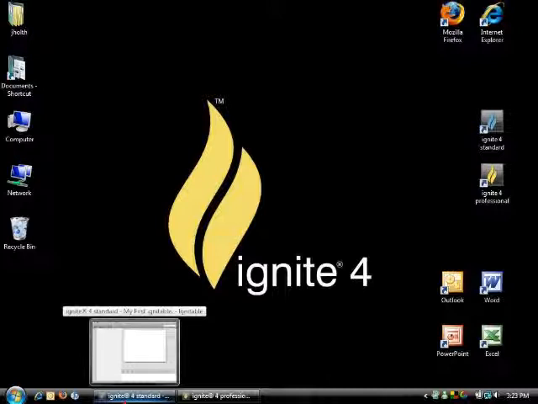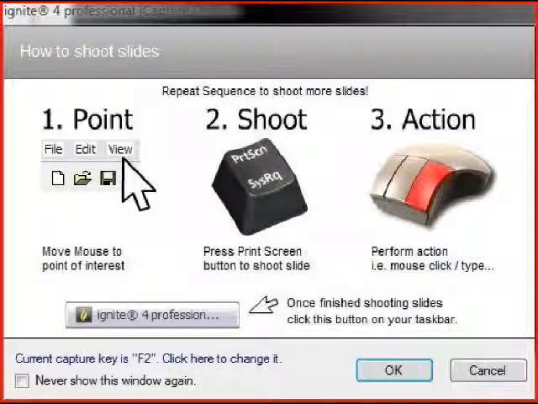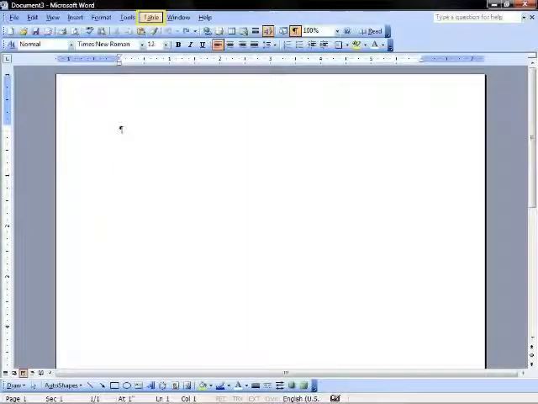Ignite 4 Standard will now minimize to your Windows taskbar. You are now in Shoot Slides mode. Now, just point, shoot, action. Keep repeating this sequence until you have all of the screenshots you need. To learn how to shoot slides, we will create a short 5-slide ignitable on how to insert a table into an MS Word document. Place your mouse pointer over the area of the screen you want to demonstrate or explain,